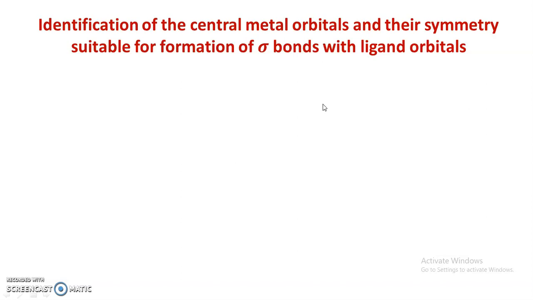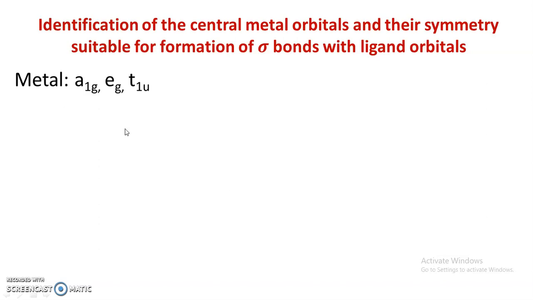Now the metal orbitals such as A1G, EG, T1U. So one A1G orbital, two EG orbitals. One A1G means 4s orbital, EG that is dx square minus y square and dz square, and T1U means px, py, pz. These A1G, EG and T1U orbitals are suitable for the sigma bonding because these orbitals are oriented along the axis,